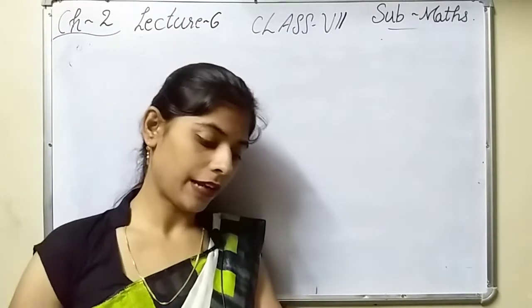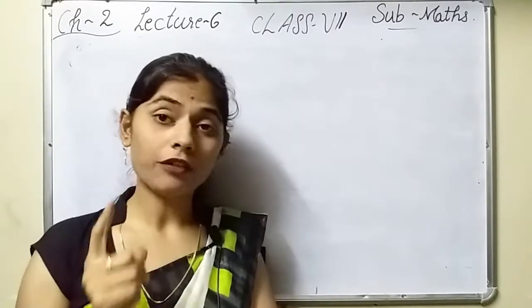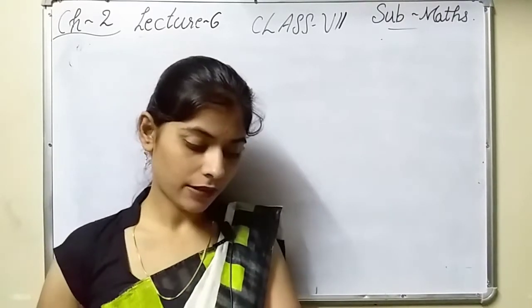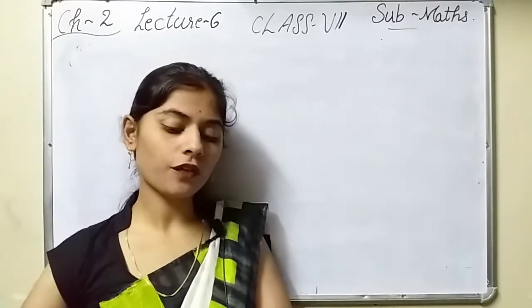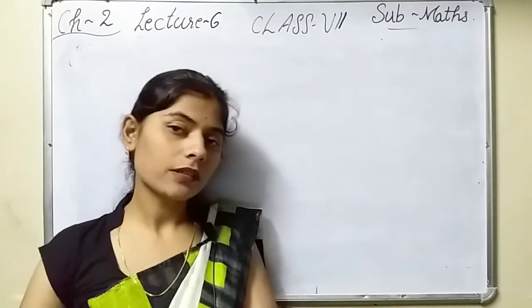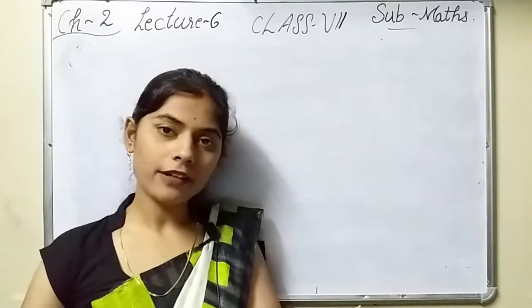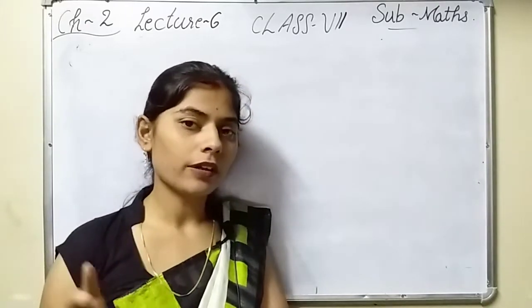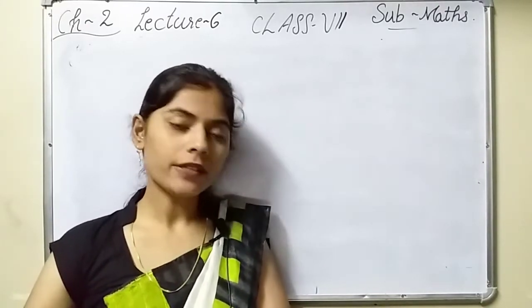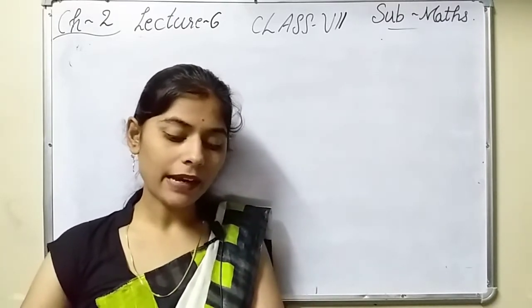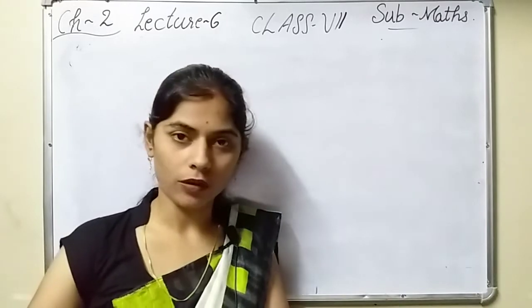Ankitesh and his friend. See, this question you have to read very carefully. Ankitesh and his friend Jimmy together sold tickets for a charity show for rupees 3,800. See, Ankitesh and his friend Jimmy, they both together sold tickets for how many rupees? Rupees 3,800. If Ankitesh sold 1 3 by 8 times as much as Jimmy sold.